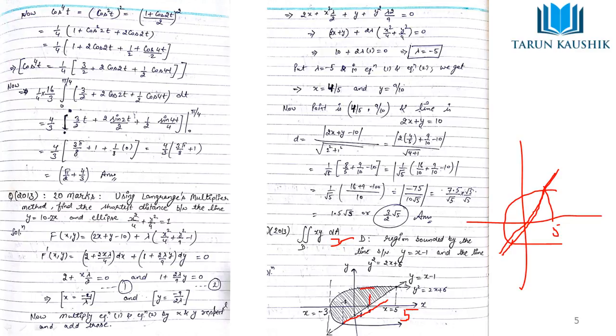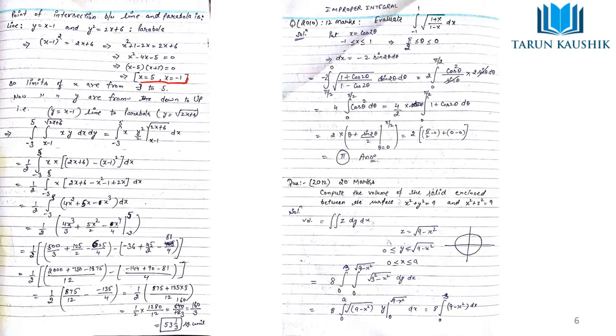So equation will be like this. So what is the value of y here? The value of y will be from this equation, because this is the equation of a straight line. So y is, minus x minus y equals to x minus 1, and in the parabola the y equals to root under the root 2x plus 3. So the limits of y will vary from x minus 1 to root 2x plus 6 and x from minus 3 to 5. After that it becomes very simple mathematics, just do the simple calculation and get your answer. Okay,